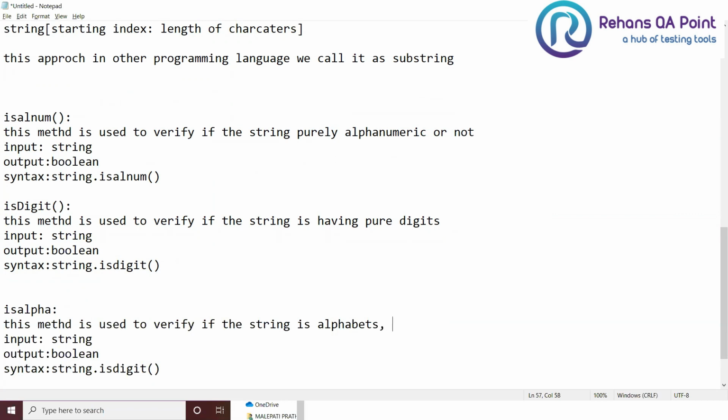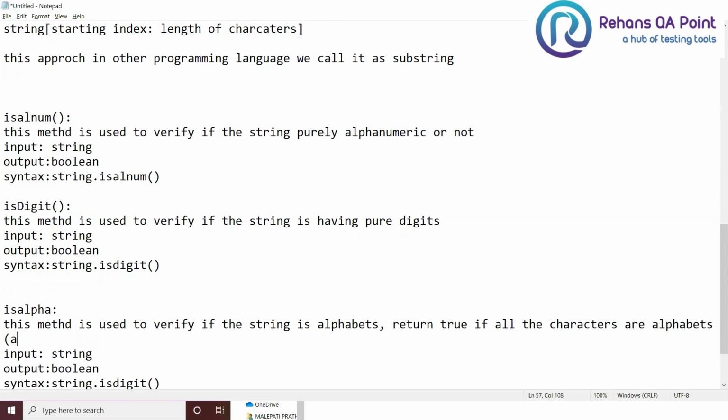It will return true if all the characters are alphabets, which are going to be available as A to Z.